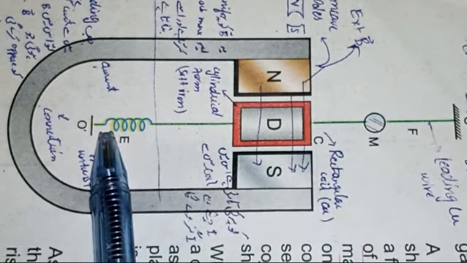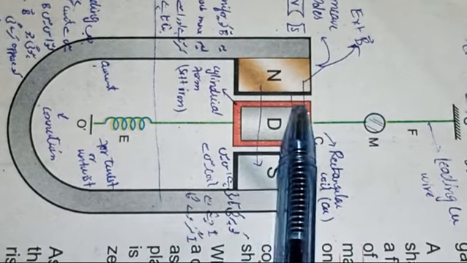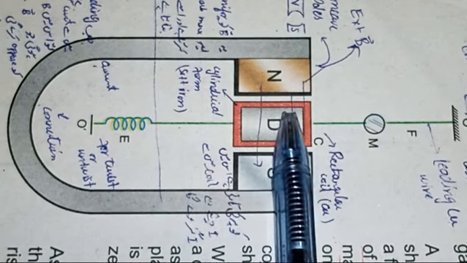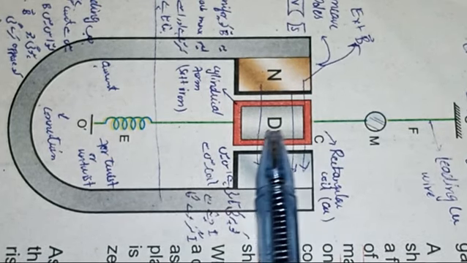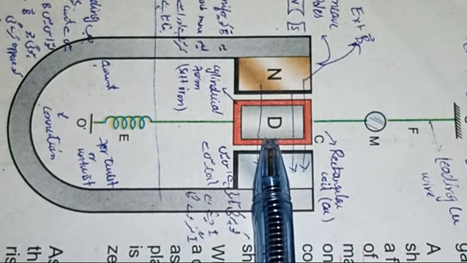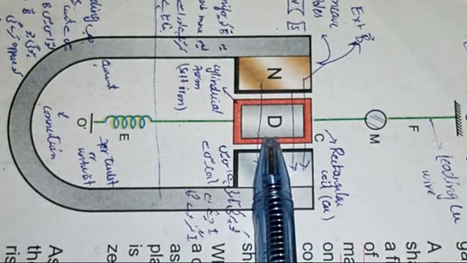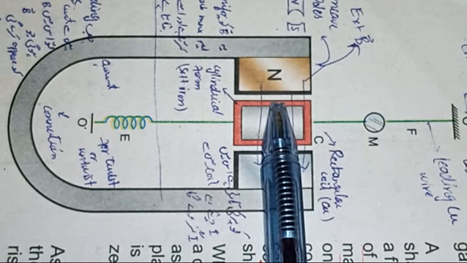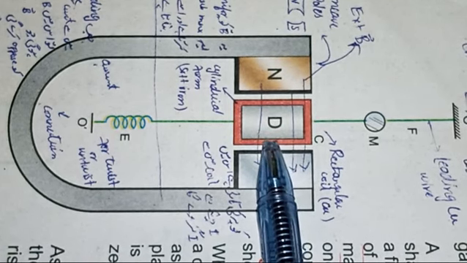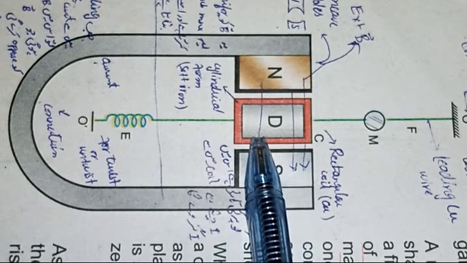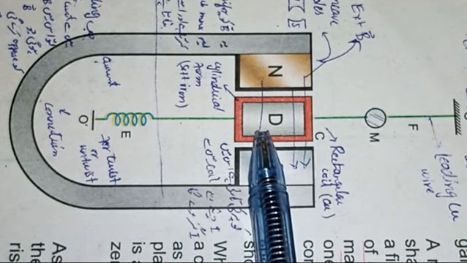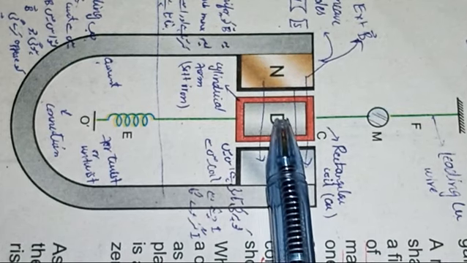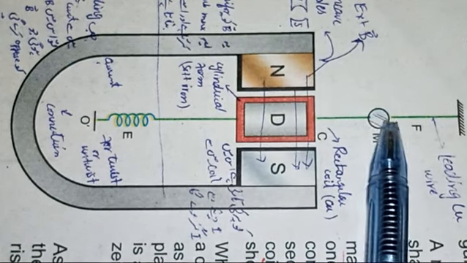Okay, as current passes through this rectangular coil in the presence of magnetic field, it will experience a force and it will turn, as there is a couple of force on one side and on other side. On one side, suppose if the direction of force is upward, then on other side it must be downward. So two forces equal in magnitude, opposite in direction, make a couple. So under the action of that couple, the coil rotates and its angle of rotation is checked by this mirror